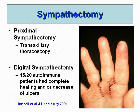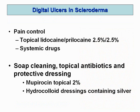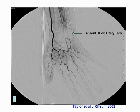Digital sympathectomy may only last for a while, but it can be helpful in a catastrophic event when there's an acute ischemia that's not reversible. If there is larger vessel disease, then we do have topical medication that can help with pain, and digital ulcers are treated with topical antibiotics and protective dressings. And then to end up, we do know that larger vessels can be involved, not only in the circulation of the hand that can be repaired by bypass surgery, but also in larger vessels on the extremities and the lower